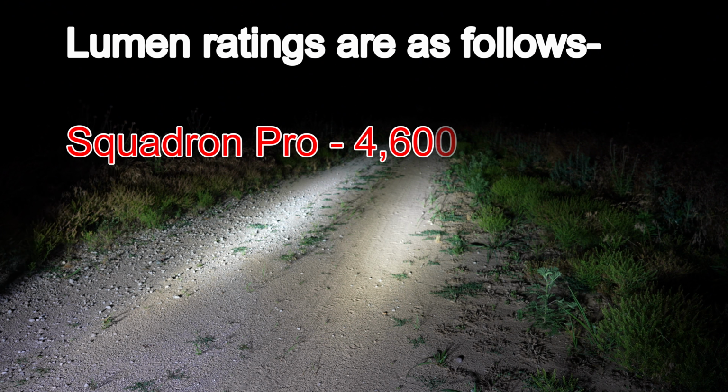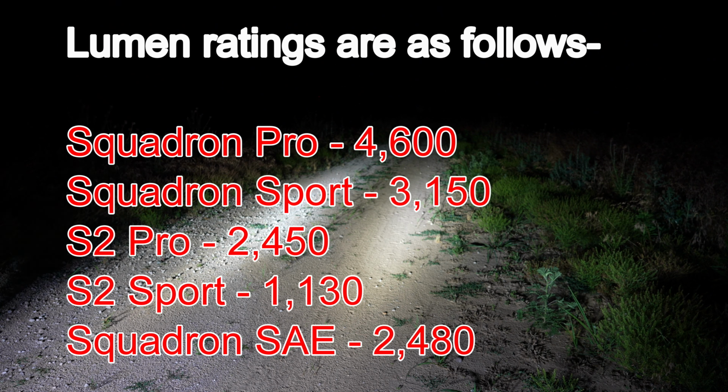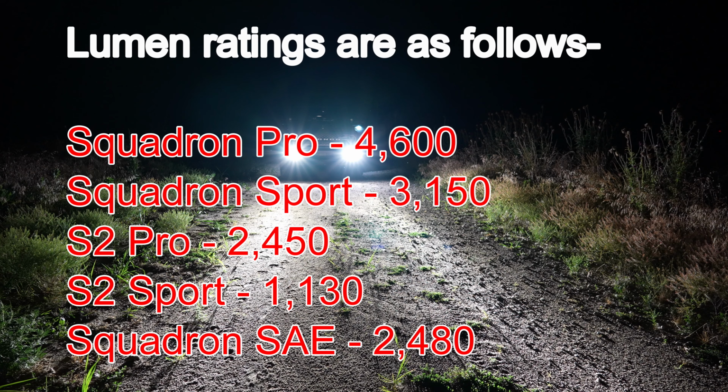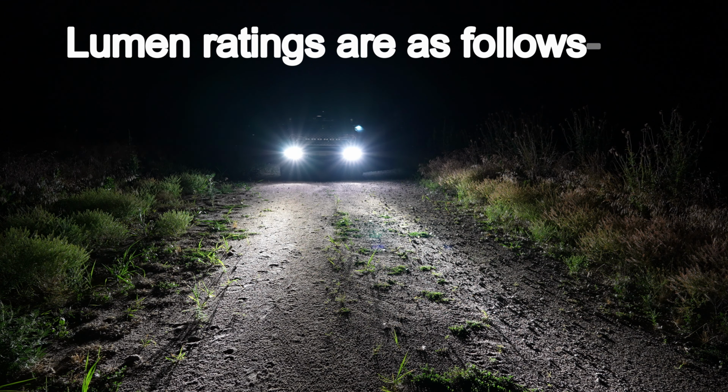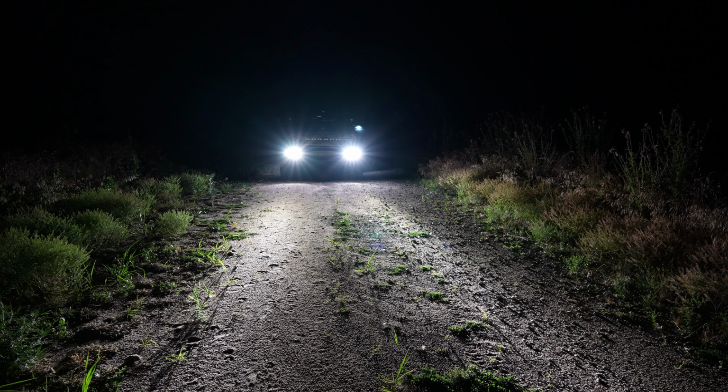So hopefully this has been educational to the point that you have a lot of options. So on a final note, I just want to say that if you want to get the Baja branded kit, we're not trying to talk you out of that. We're a Baja dealer, we carry those as well. We just like to give you more options and offerings. So now you have the ability to fill that space with the full-size Squadron Pro lights that you can't get with those standardized kits. And you can do it at a more competitive price point, yet still keeping the same